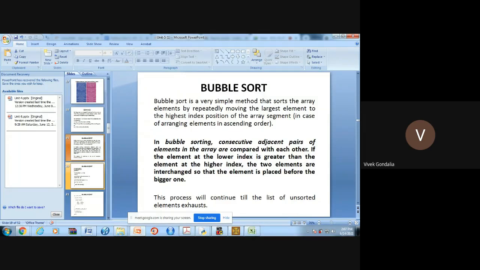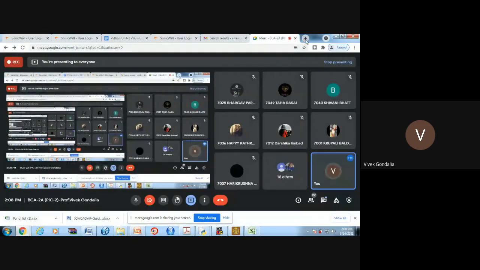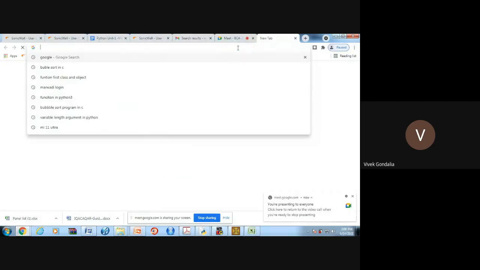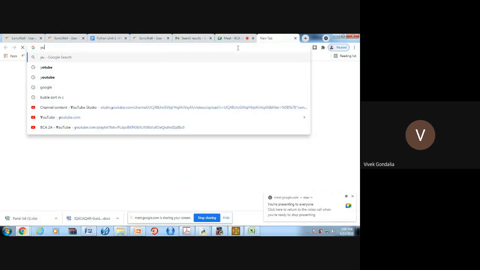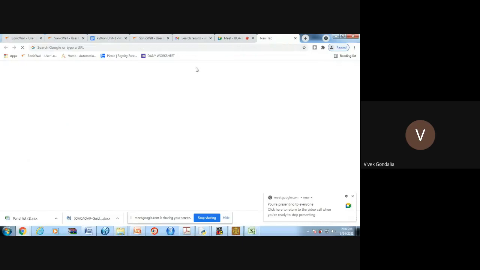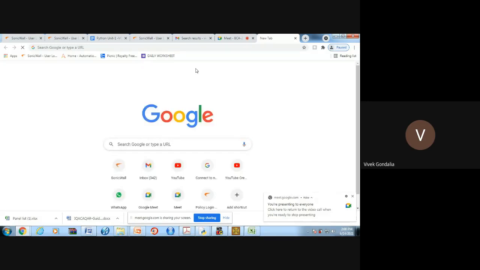Bubble sort is a very simple method that sorts the array elements by repeatedly moving the largest element to the highest index position of the array. Let me show you one animated example, from which you will get the idea of the actual logic of bubble sort.